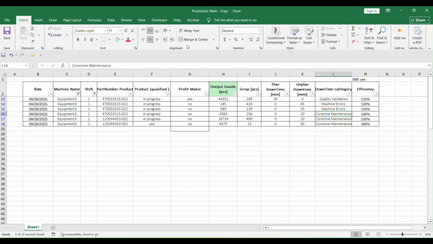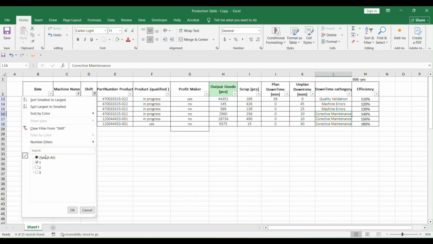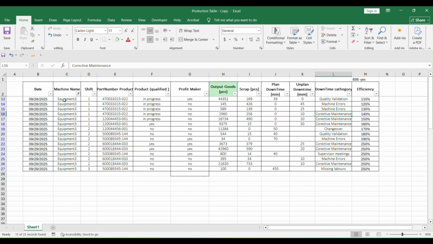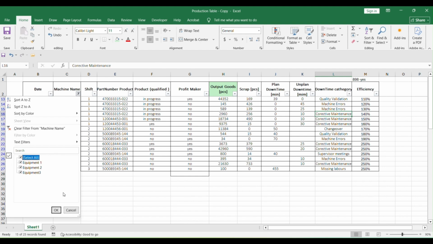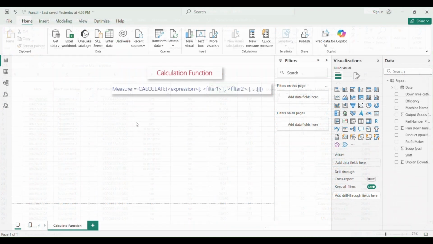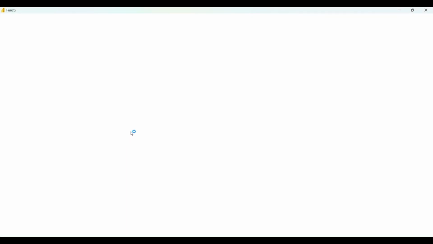Okay, so now let's do some examples. So we go back to our full table. Okay, so we are back in Power BI. The first condition is, like always, to make sure that our data set is formatted properly.